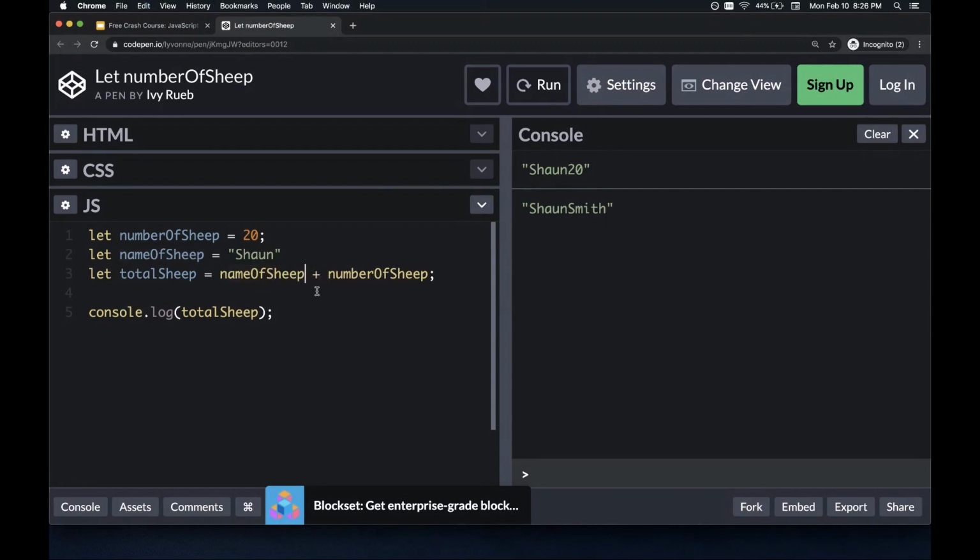We use our variable here. So this isn't super important. Number of sheep gets returned as a string. So it's not a string at this point, but JavaScript converts that to a string and then concatenates it into name of sheep. So it's not super important that you memorize this specific thing. I think it's good to know. It's definitely good to know if you run into this thing. But I think the main point here is that